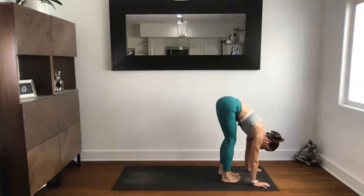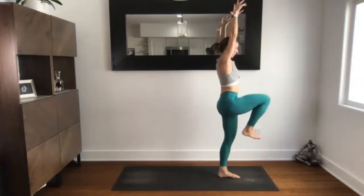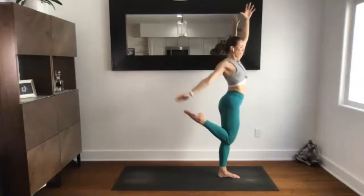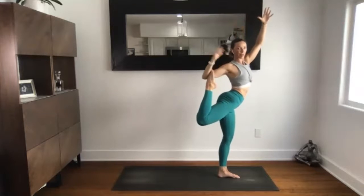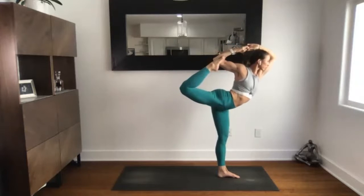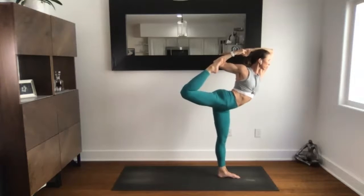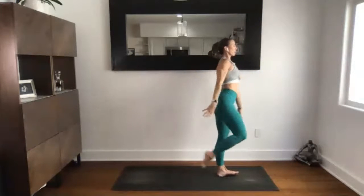Come back to center, chair again, inhale. Right knee rises up. Bring the right foot behind. Find the foot. Maybe take the foot into the elbow. And then start to open. And then rise back through, come back to chair,